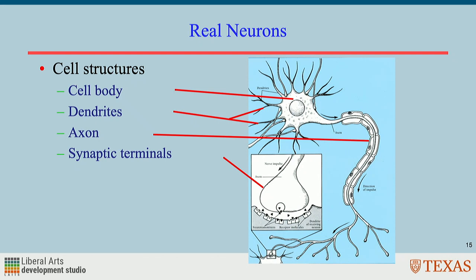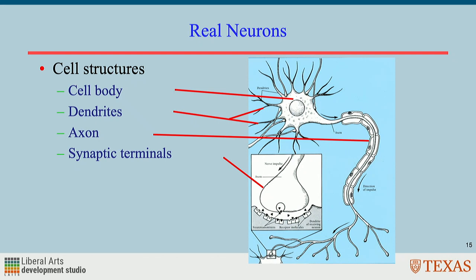It has a cell body. It has these little branches on it called dendrites. Then it has this long axon that conducts an electrical signal down to another set of dendrites that have little synapses on them. And that they release when the neuron undergoes an electrical pulse where there's an electrical difference between the inside and the outside of the cell. And then if that reaches the end of a synapse, it releases some chemicals that travel over to another neuron,